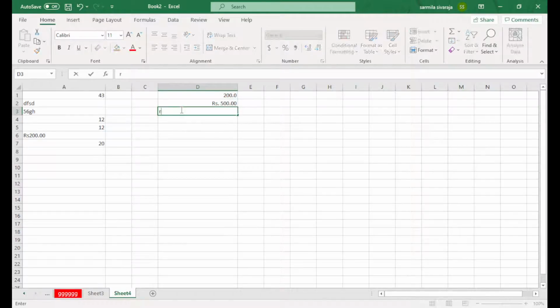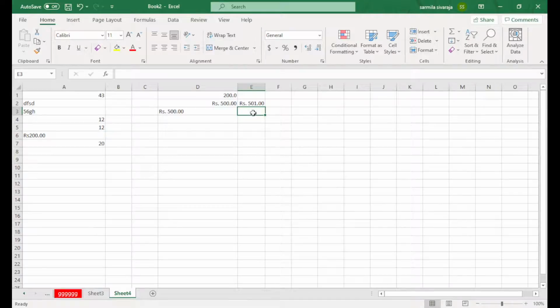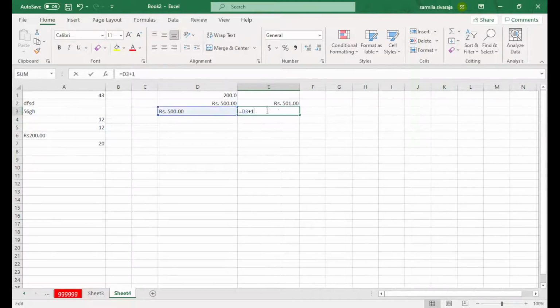If I type something like this, it goes to the left side, so I cannot use any formula. Just I will type equal this value plus 1. It shows something like this. Oh, I will use this number plus 1. Sorry, plus 1, and press enter. It's showing an error, a value error. So we can't use any values if they appear on the left side rather than the right side.